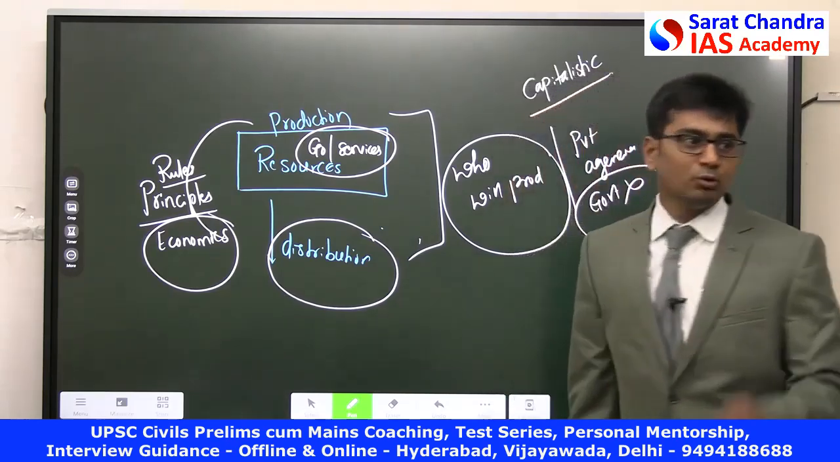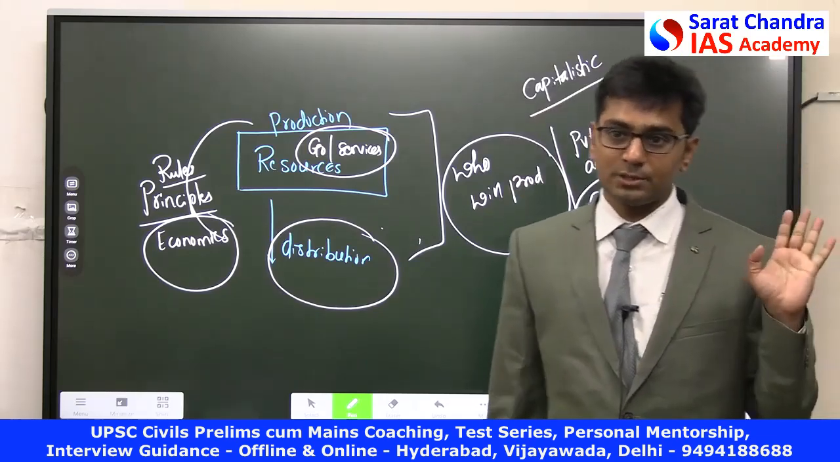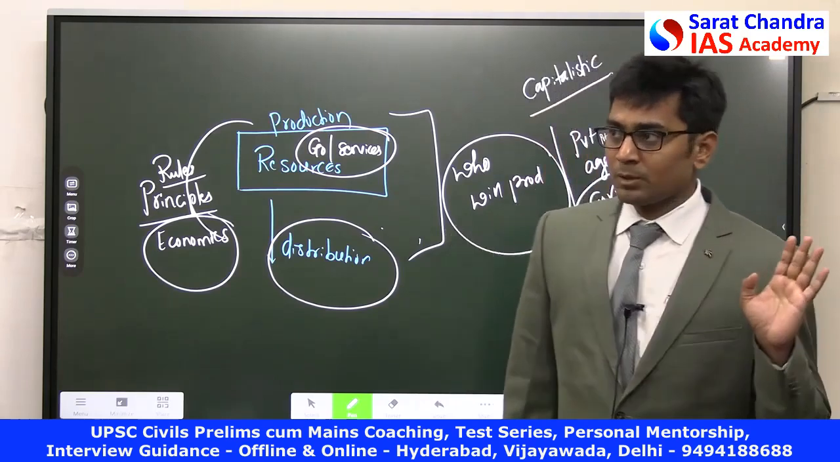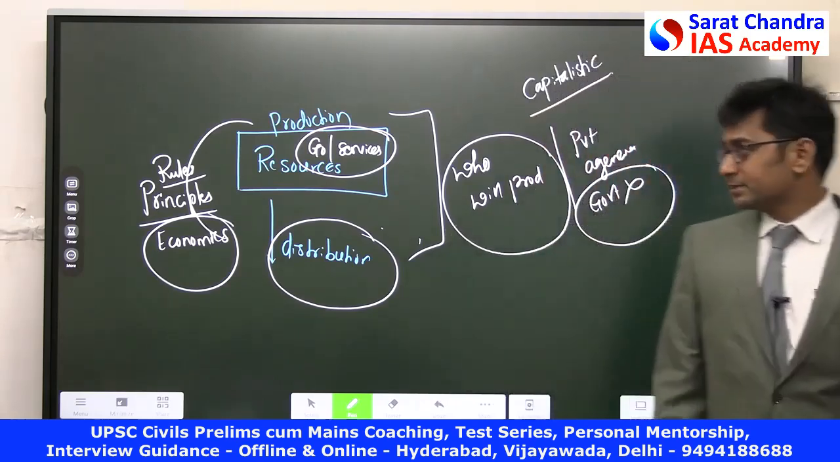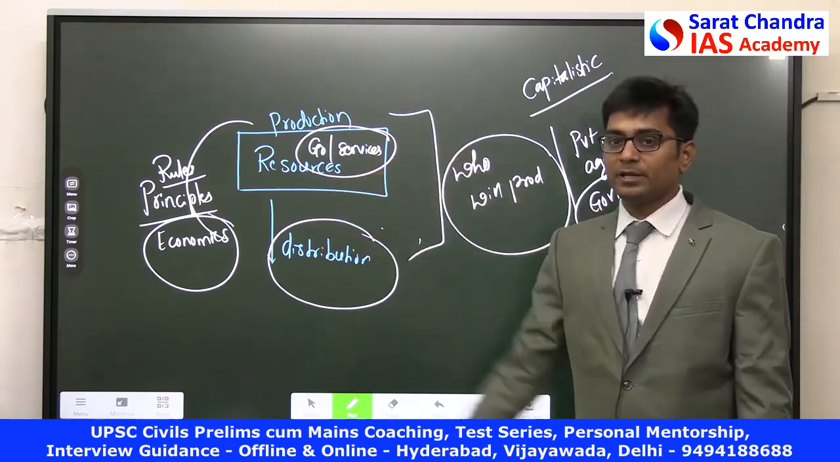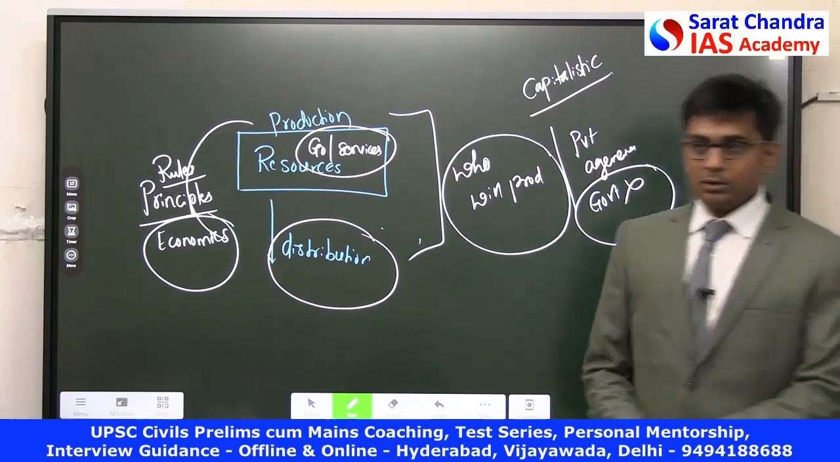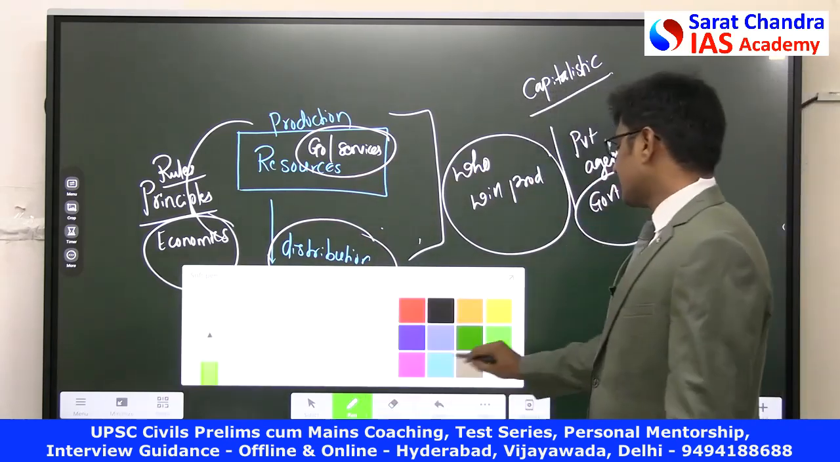Capitalistic means there will be no government at all, or the government will not involve itself in the production and distribution process. Clear? We can write at a later stage, try to understand. So in the production of goods and services, if it is entirely done by the private agencies, then that is called capitalistic. On the other hand, on the other extreme,